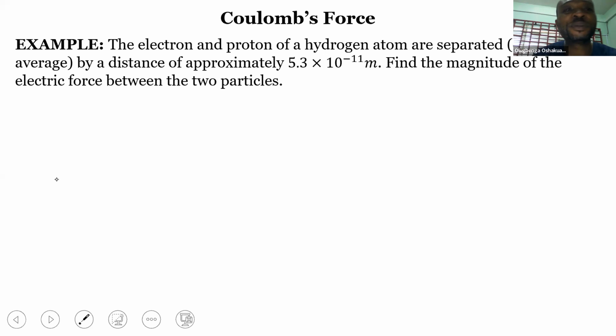So this is an example. The electron and proton of a hydrogen atom are separated, on the average, by a distance of approximately 5.3 times 10⁻¹¹ meter. Find the magnitude of the electric force between the particles. The question is saying the magnitude, so it is not interested in the direction, but if you're interested in the direction, you will expect them to attract each other. But since it's just the magnitude, we are going to think about it in a crude way, to think about